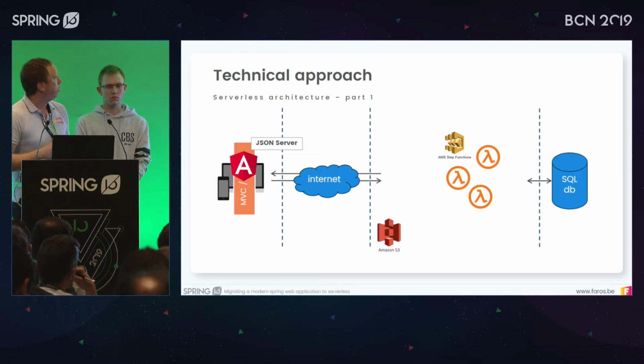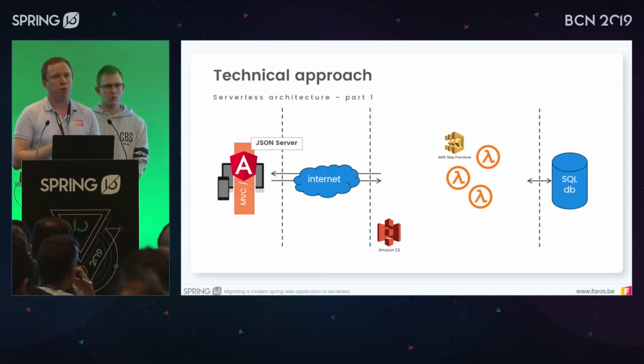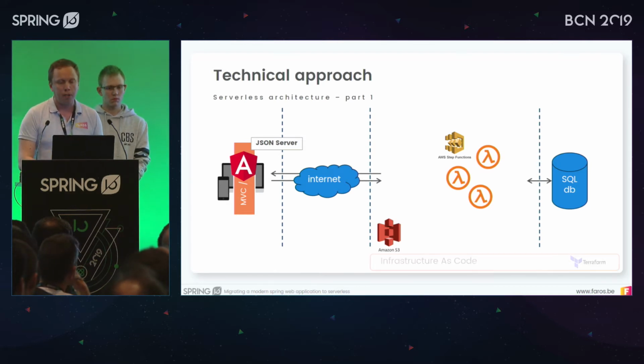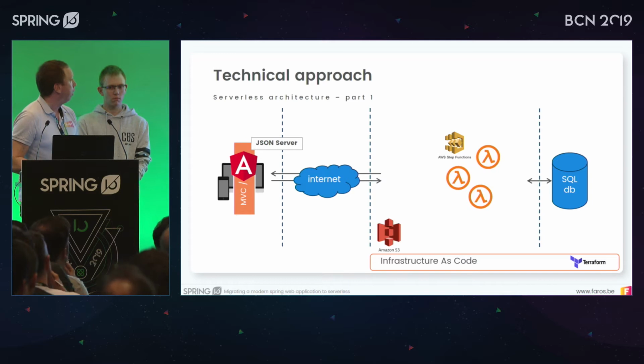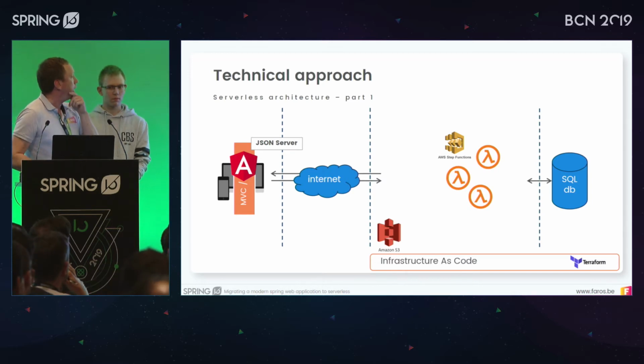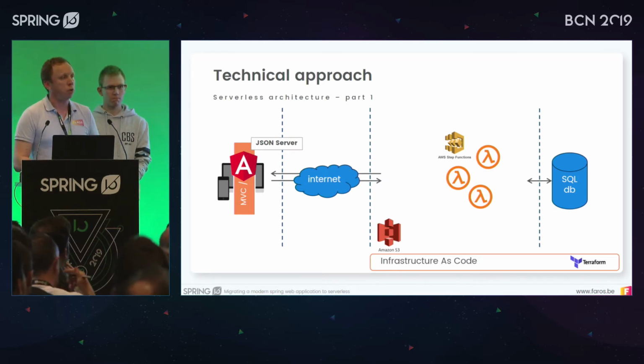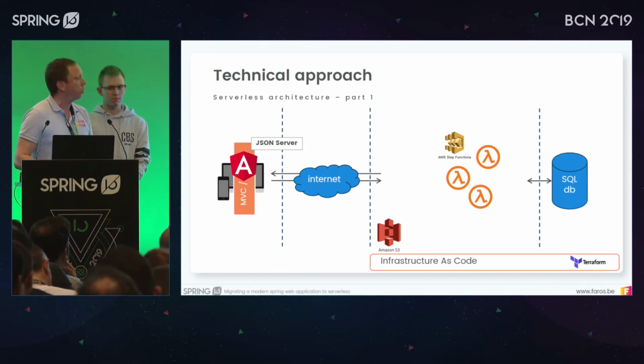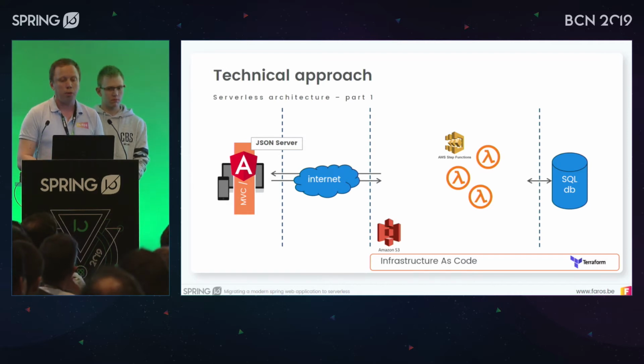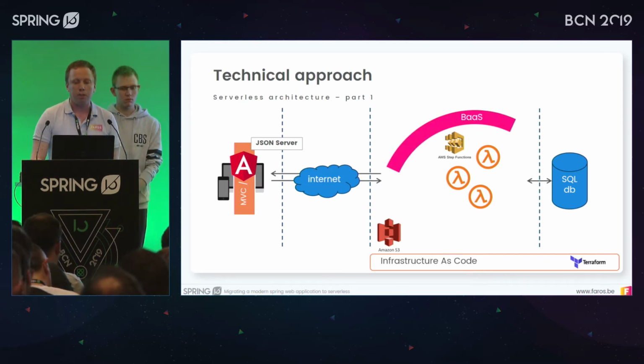But of course, these functions might have to operate with each other. Some functions might call other functions. And so we used AWS step functions to combine them, and we'll come back to that later as well. Underneath, you can see there that we use Terraform as infrastructure as code. We'll also talk a little bit later about the details of that part. But it was very easy to get started that way. And we'll also see that the operations part is really crucial if you want to develop these kinds of applications.